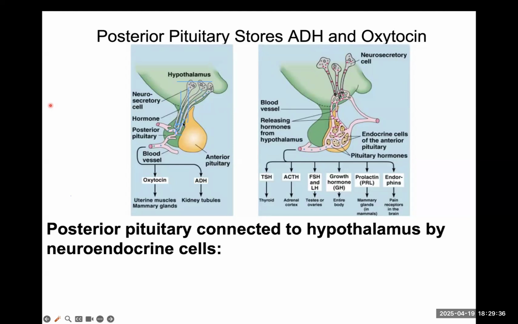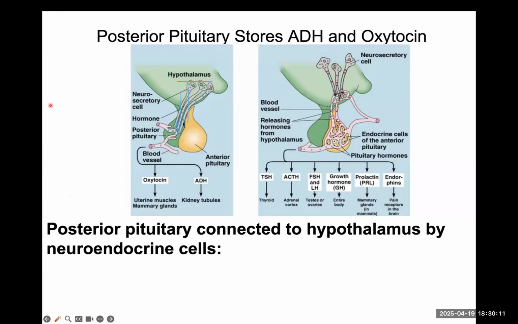That's what creates those hormones. If I were to ask you which gland secretes those hormones, which gland secretes the ADH and oxytocin, you're going to say posterior pituitary gland. Now, no matter how many times I repeat this, maybe 1/4 of my students don't pay attention. And then when I ask which gland produces ADH and oxytocin, or the other way around, which gland secretes ADH and oxytocin, those 1/4 of my students will say hypothalamus.